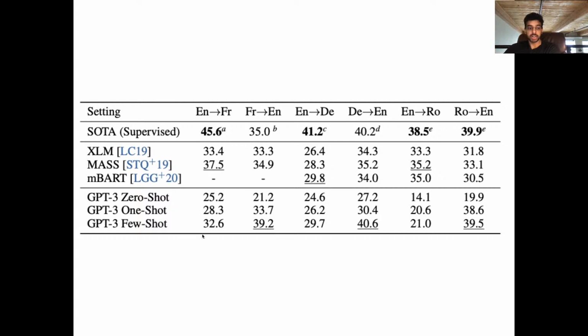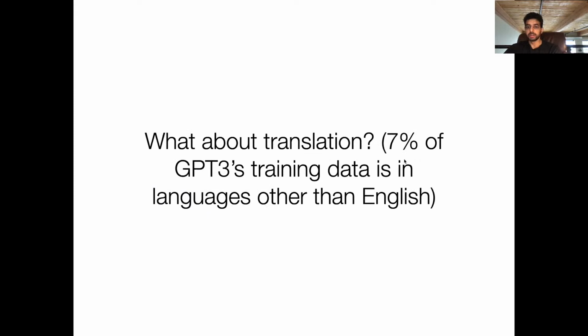The few-shot results, though, are quite impressive. There's obviously a big gap between these numbers and the supervised state-of-the-art on many tasks, but overall, some of these results indicate that the model is performing competitively with the supervised state-of-the-art, which is really impressive. So just describing the task of translation and giving a small number of examples is sufficient. And I wanted to point out that 7% of GPT-3's training data, they mentioned in the paper,